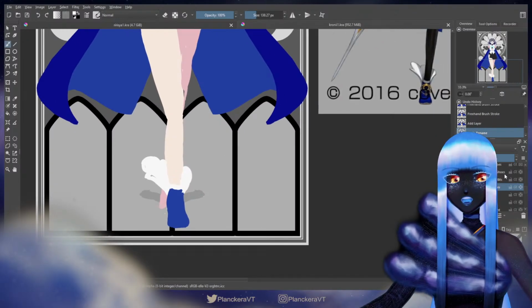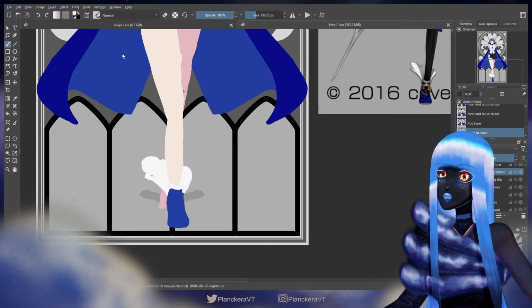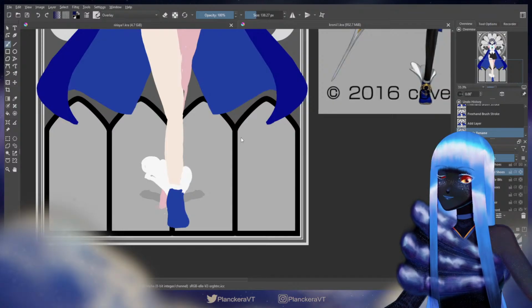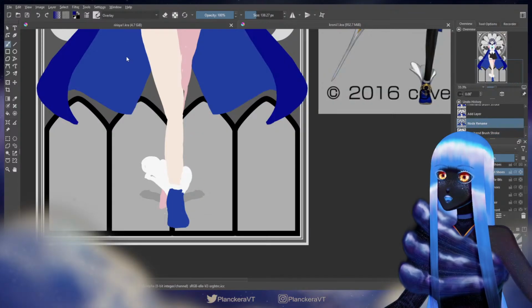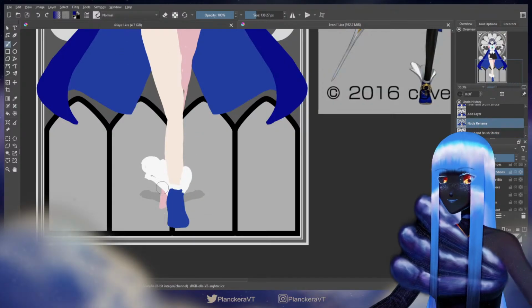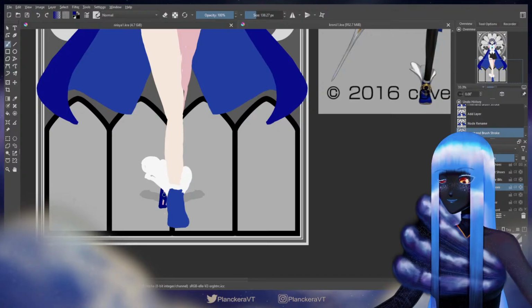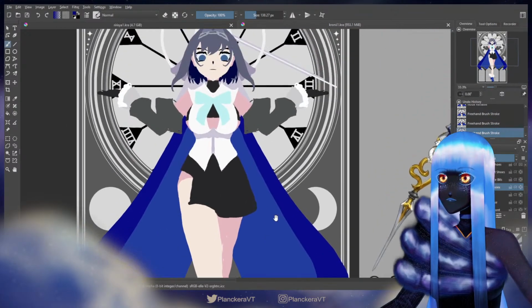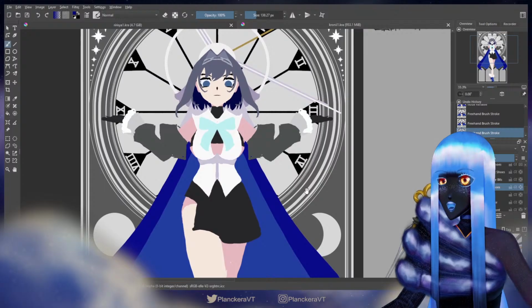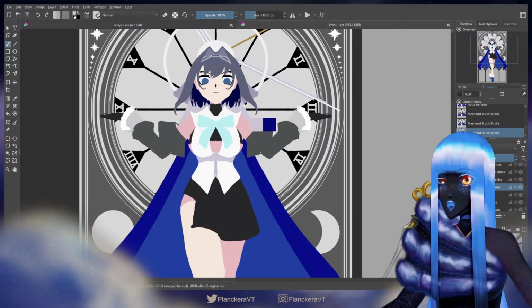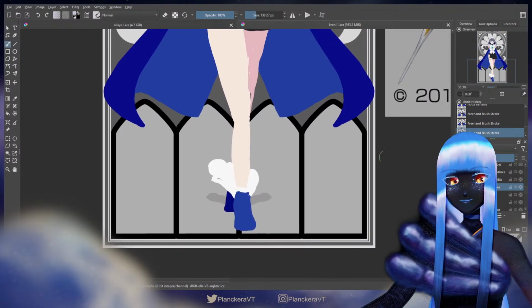I'm not going to do the gold bits yet. I think it's fine. Okay, and then for the back ones, I will just go ahead and grab a shadow color now, because that's how I'm going to represent that they are further back here. I don't have shadow colors picked for anything at this point. Yeah, I guess I do for the skin, but that's about it. Oh, and I do have some for the white colors.